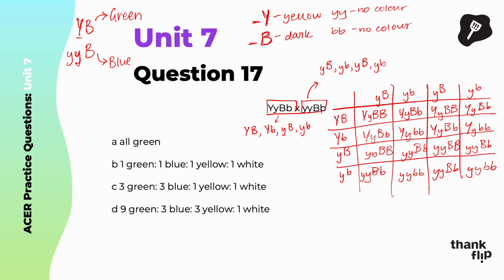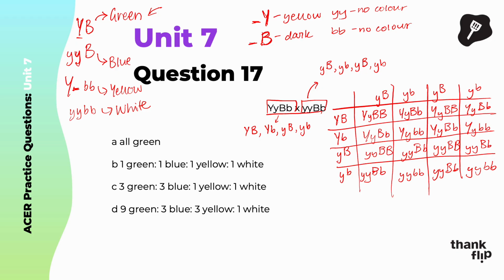Okay, so we can say that the yellow one, we can infer that yellow anything plus no color would lead to yellow. And then none of either would lead to white. So we have now our 4 phenotypes here. Okay? So now we have to figure out the ratios of green, blue, yellow, and white phenotypes. Okay? So I'm going to start off with